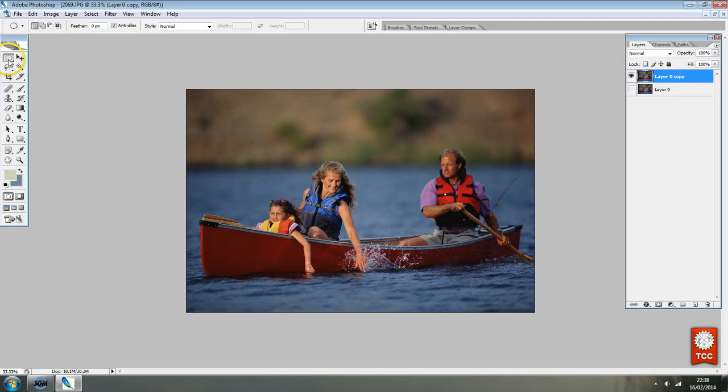I have the elliptical marquee tool selected. The elliptical marquee tool is very similar to the rectangular marquee tool. There are some slight differences, but to all intents and purposes they're more or less the same. And what I'm going to do is click and drag to make a selection,